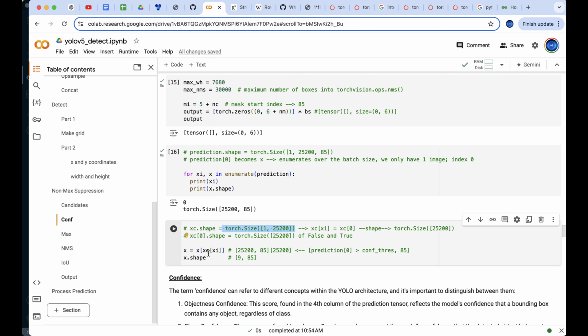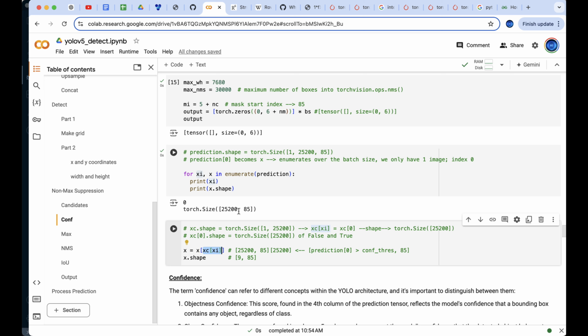And then if you see, we have xc and then the index xi. Well, we just calculated xi, which is 0. So this part will become this. And given that we're calling index 0, the output of xc will be 25,200, as you can see here. So this one will be a shape of 25,200, and then x, which we now know is this new value,